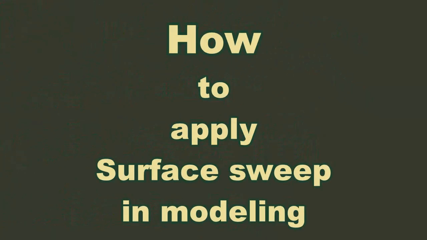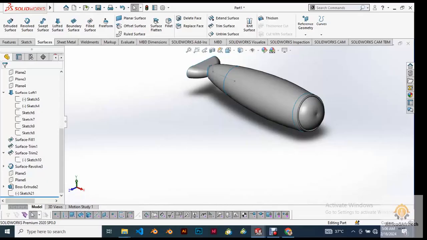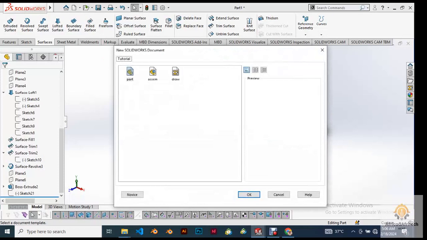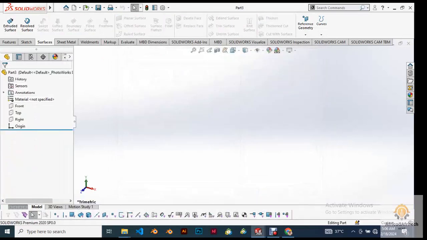So what we'll be doing now is to start modeling, and I'll be showing you how to apply sweep surface. Okay, so we'll be continuing with modeling on SolidWorks. So like you can see, I've already opened my SolidWorks. So let's click on new file, Control N, new, then part. So we can start applying examples of